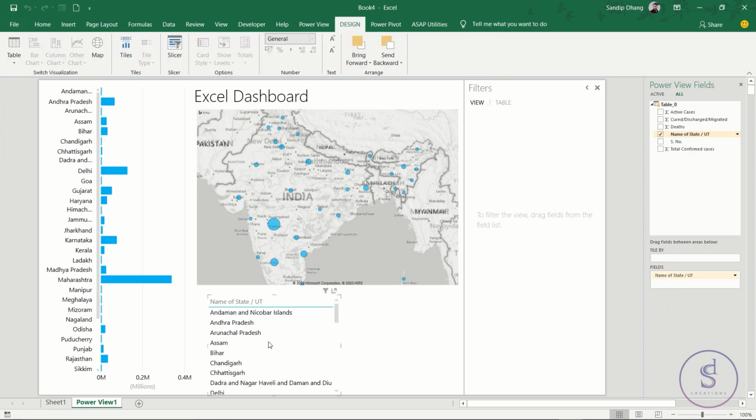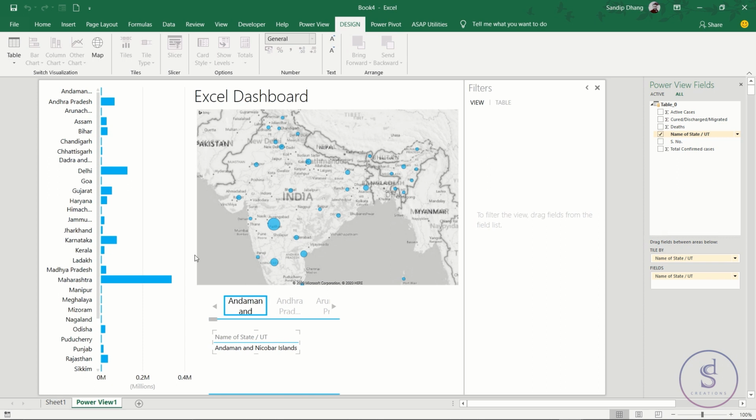It will pop up all the names of states. Then what we are supposed to do? Nothing, just go to design, click on this tiles option, click on this tiles. See, the tab is already created, right? Just adjust the size,